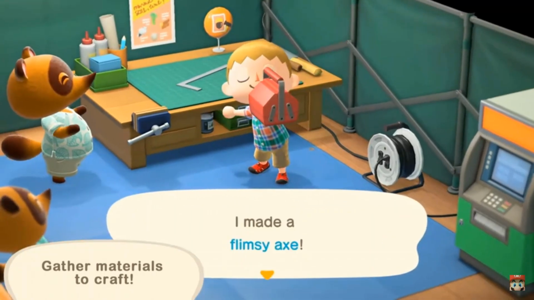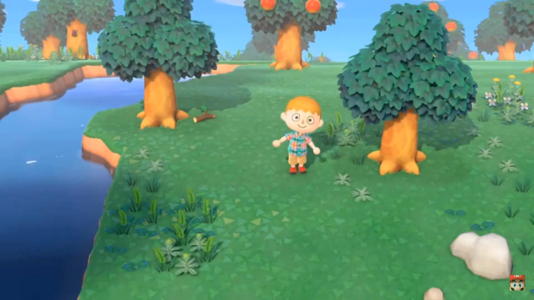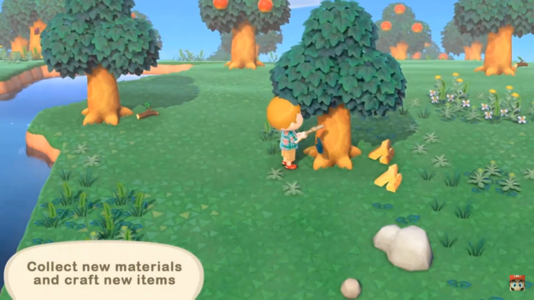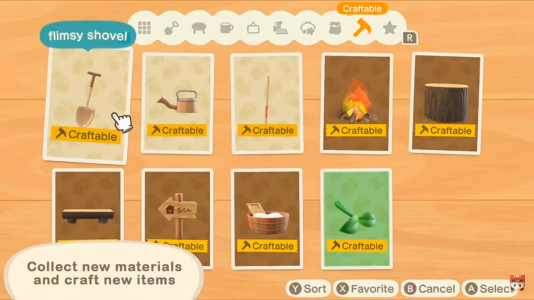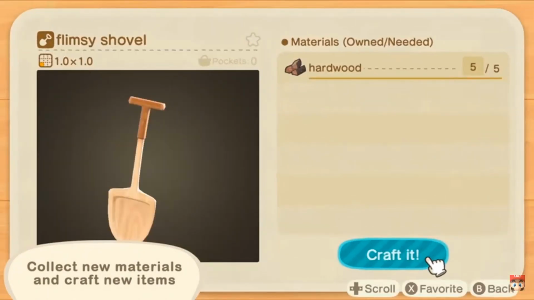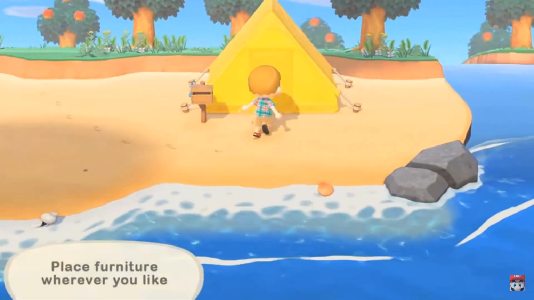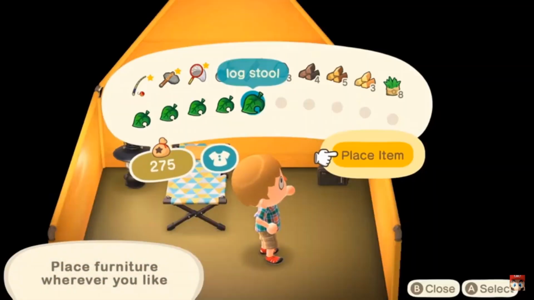Nicely done. You can use the tools you craft to acquire new materials, like this. And with those, you can craft more items. Feel free to place furniture inside